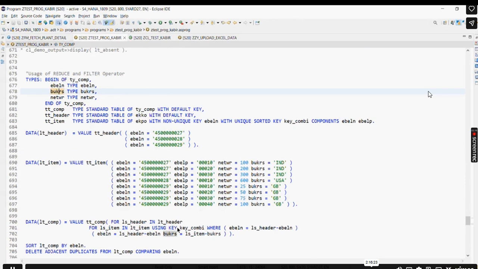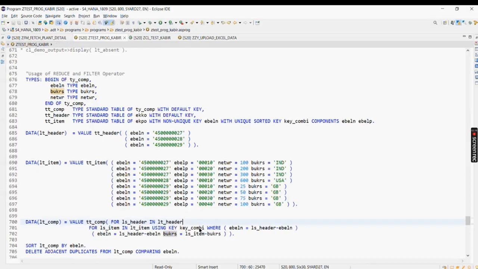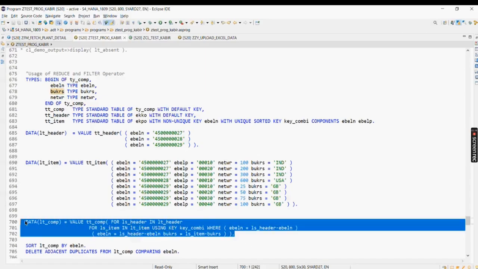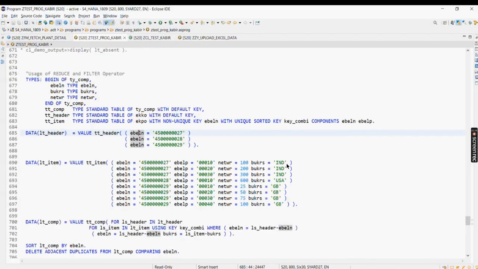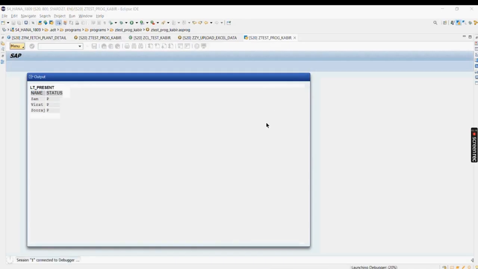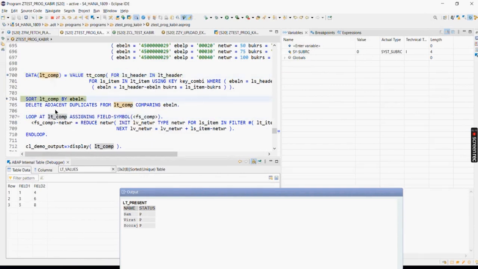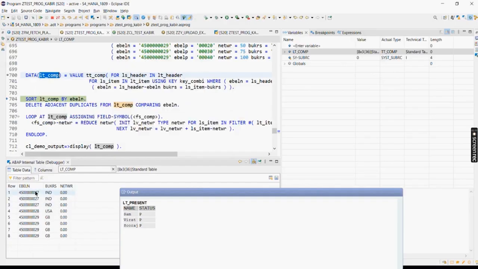But the only twist is I used using key because I had created this combination. So using key this, where abelian equals to coming from this. So this will give me only the purchase order and the company code, yes or no, the matching purchase order and the respective company code, right? So I may have duplicate data, so I deleted the duplicate data. So let's try to debug. So if I do an F8 now, so leave this part. So can you see if I do an F5, so LT comp, can you see duplicate